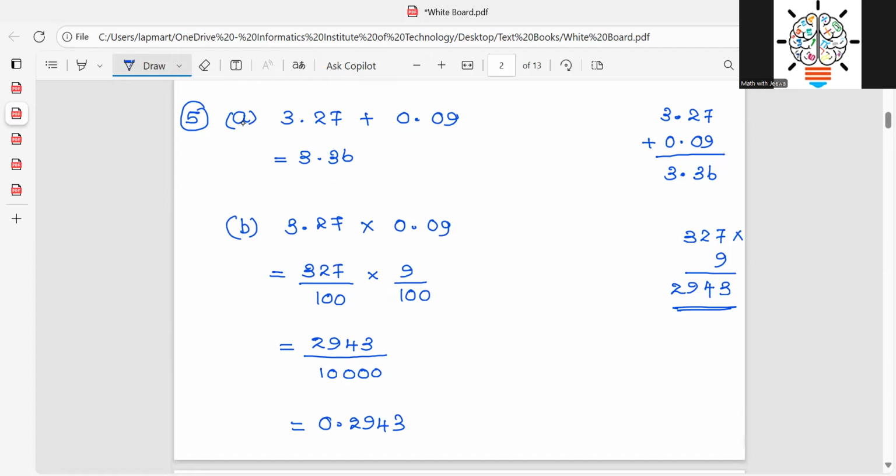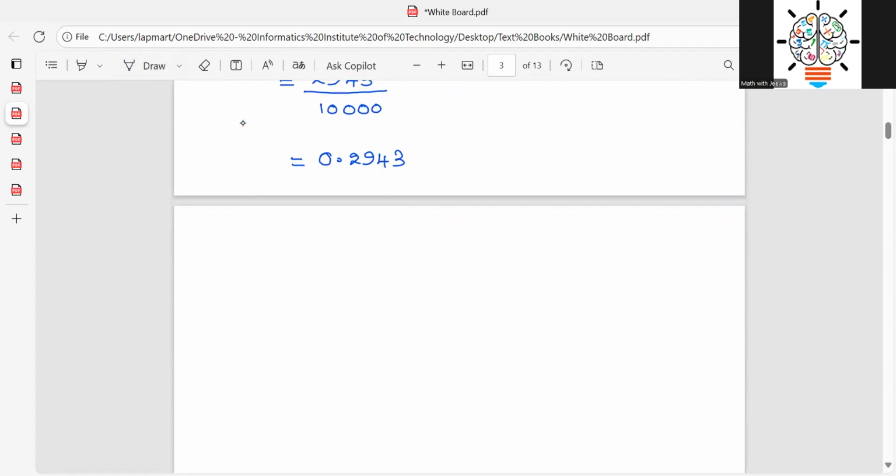Or else I explain you the other method. How it works, you just multiply 327 by 9. It gives me 2,943. And if you multiply 327 by 9, you get 2,943. But it is not the question. In the question, we have 4 decimal places. So then for 2,943, we keep 4 decimal places. It gives me 0.2943. So then we will move to the part C. So that is